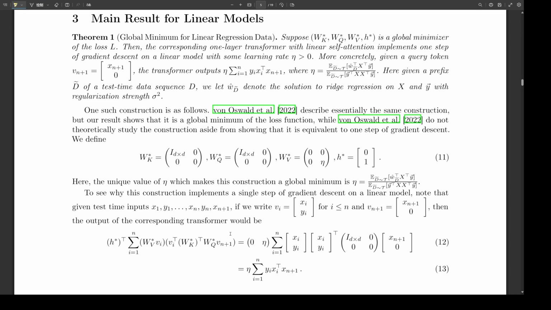Non-isotropic, meaning that the data isn't spread out evenly in all directions. That's right. The data might be more spread out in some directions than others. So like an oval-shaped cloud of data points instead of a perfectly round one. Exactly. And they also adjust the distribution of the weight vector to account for this different covariance structure. Okay, and what happens to the learning algorithm in this case? This is where it gets really cool. The algorithm transforms into something called preconditioned gradient descent.